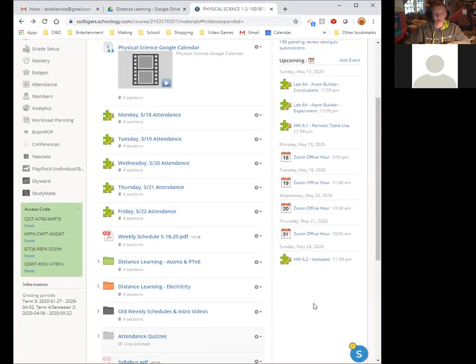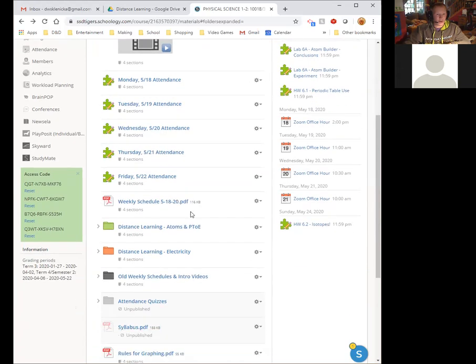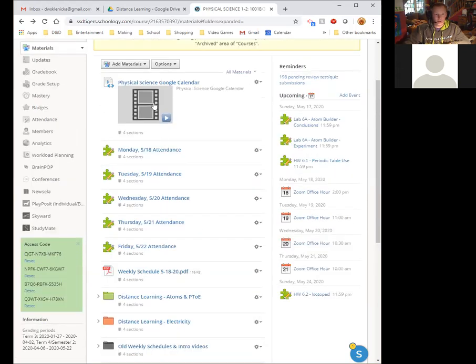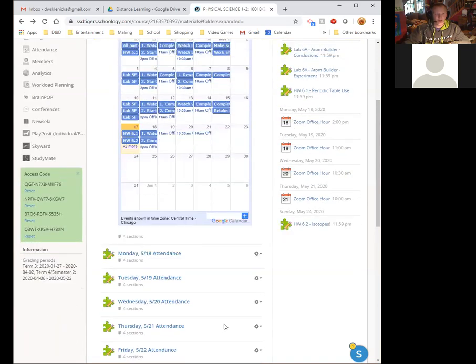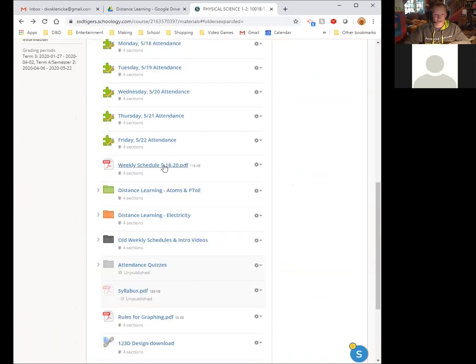We'll actually have a couple more assignments that I'm adding later this week. All of these are pretty short ones, so there should be no trouble finishing up this week's work in a timely fashion. Of course, here's our schedule. You can always click on this to see the weekly schedule here, and I will be filling this out shortly, I forgot to. We've got the weekly schedule, which you were emailed, and then all of our work will be in the atoms